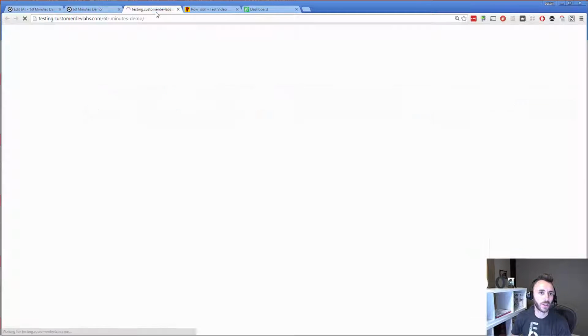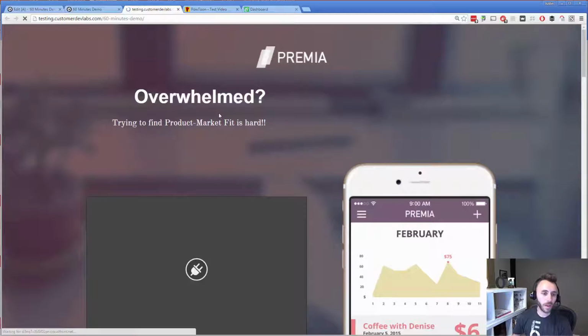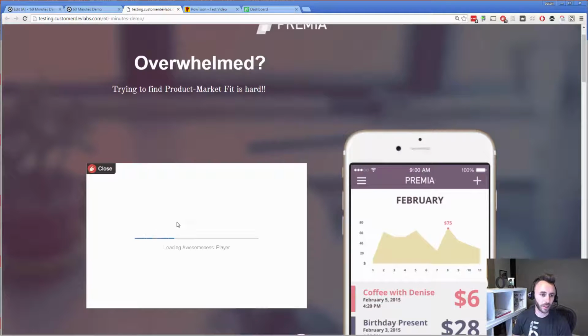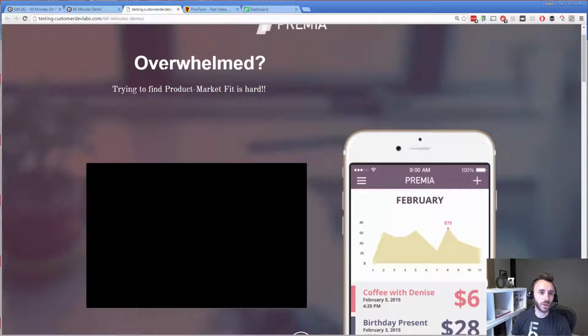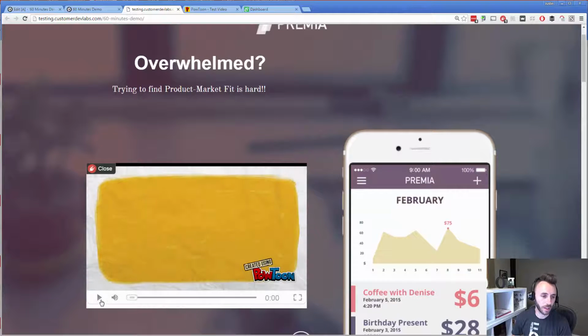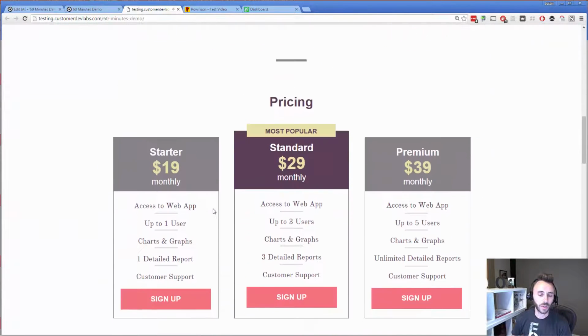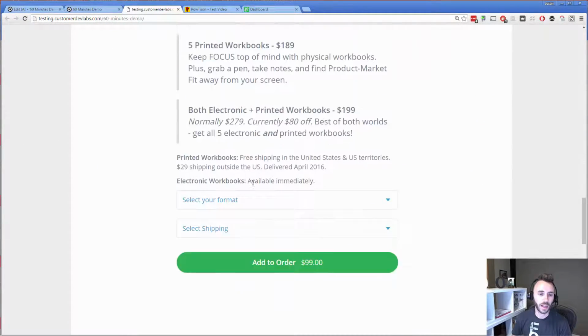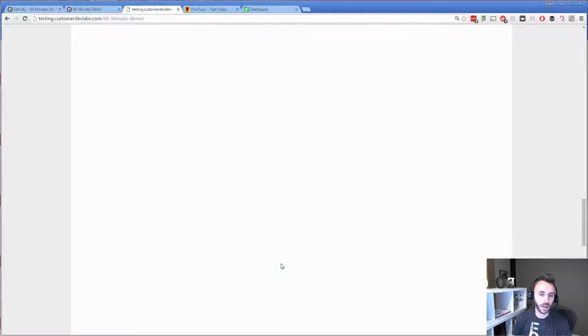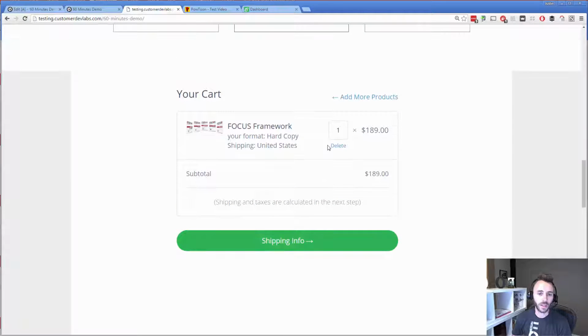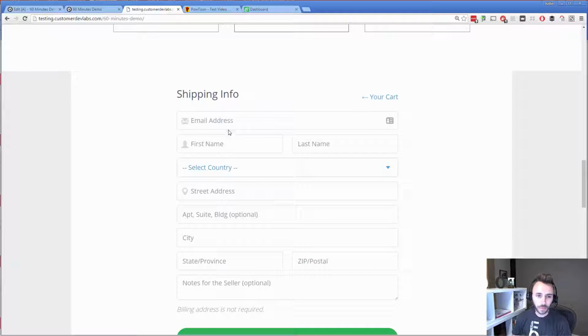Let's take a look at what this actually looks like. I've got a flash blocker on here, but by default you'll see this video comes up automatically. That's exactly what we want, and then I should be able to play it. You'll also notice that I have my new copy up here. There we go. So our video is successfully embedded. Scroll down underneath the pricing. We can see that we can also purchase the books now, or purchase my product. So I can go in here and add to order, and then I can just keep walking through this entire